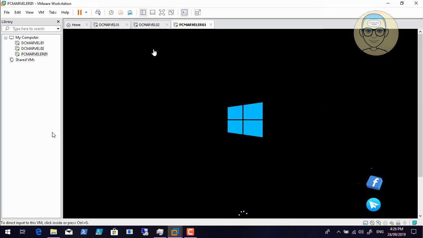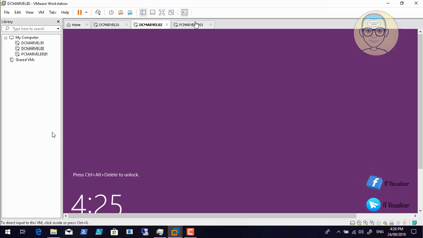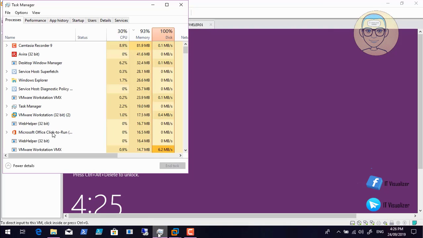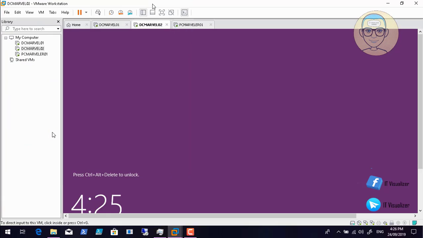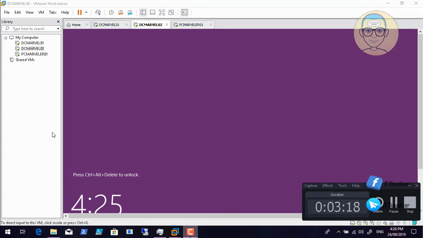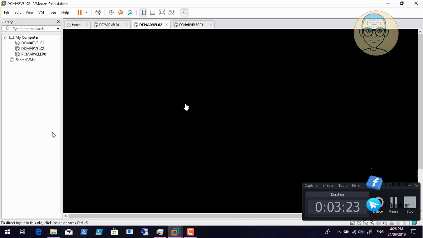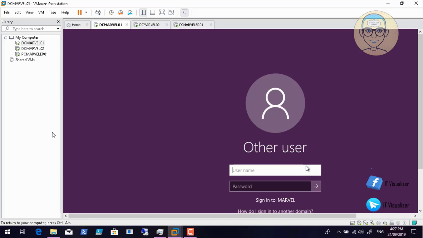Remember, we have two DHCPs. We need to put the MAC address in both allow filters on both DHCPs, because I don't think that the two DHCPs will replicate the allow filter configuration. So here we'll go to the DC Marvel 02, which contains the master DHCP, or the other one. You can begin with any one you like, because we will do this on both. So here we will have Kira off,